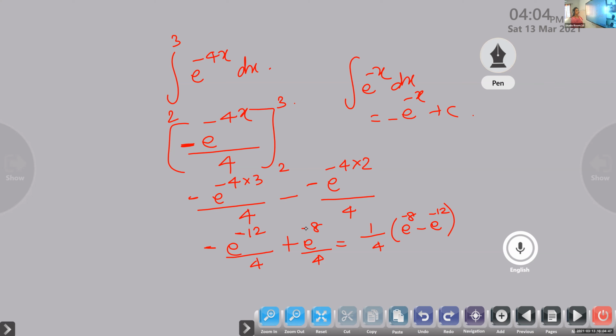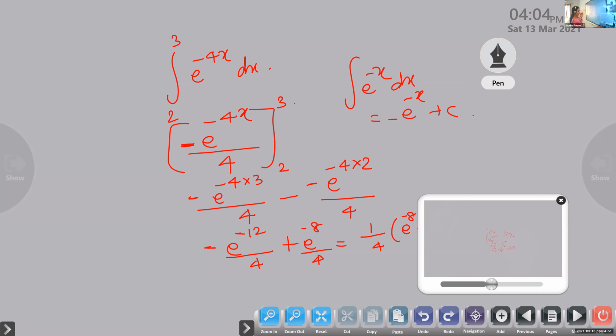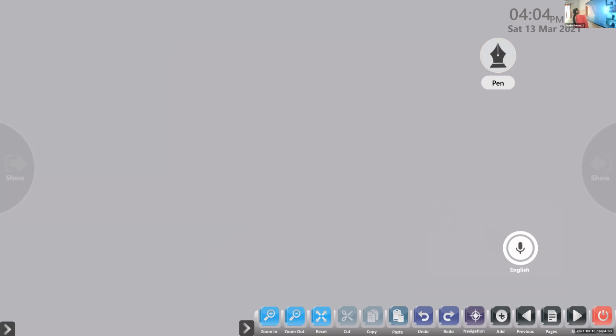Write the next one. Integrate 0 to 1, x into e raised to x into dx. Okay, we are going to integrate it by...